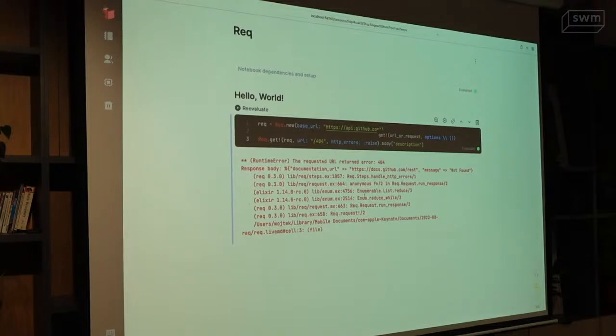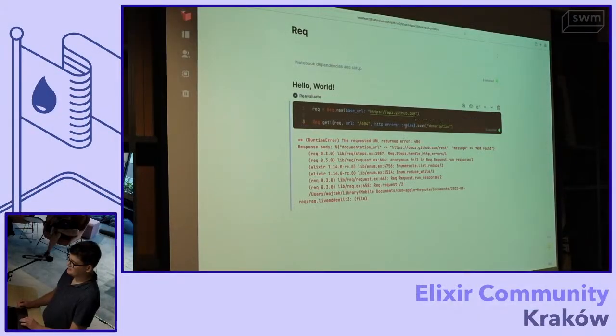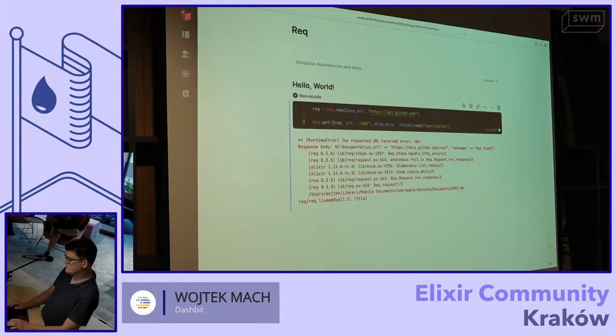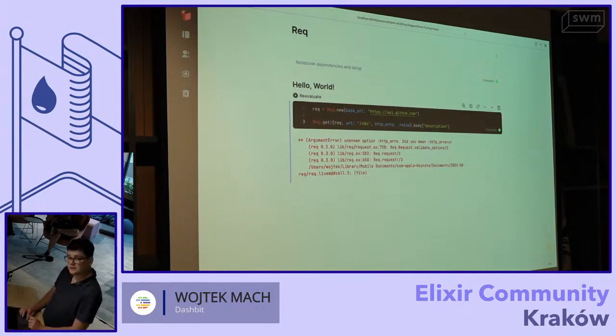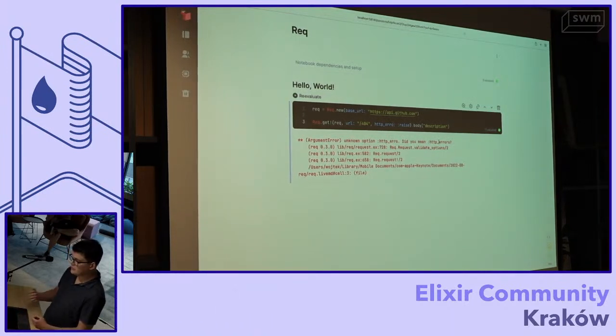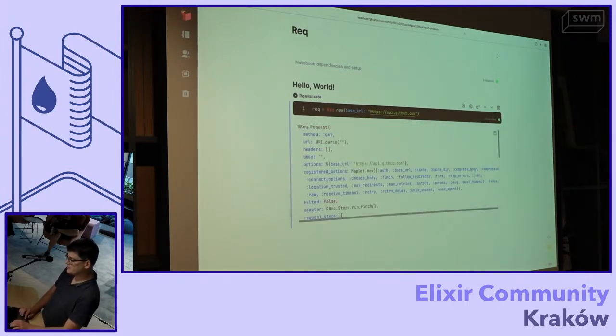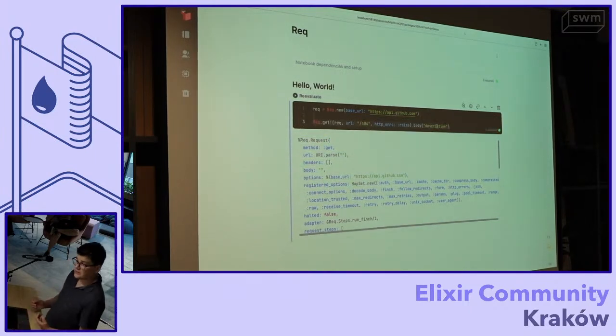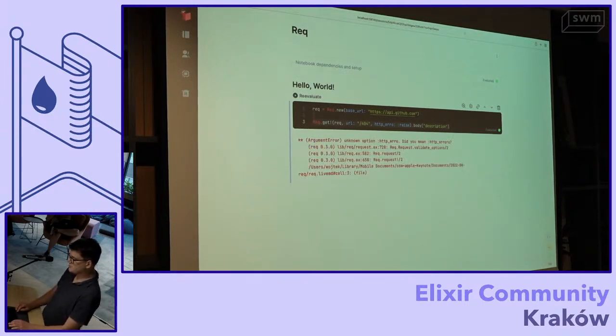So there are quite a few options, and sometimes maybe you can mistype the options. So we have some affordances here as well. If we mistype the option, we're going to get this error which says unknown option this, did you mean the actual thing? And we can do this exactly because we keep track of all of the options that are on the request. So this is the list. And again, if you write custom steps, maybe they accept options. So there is an API to register these options with Req so that it sees them.